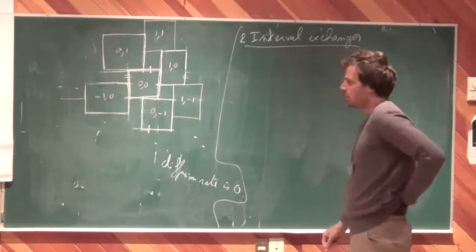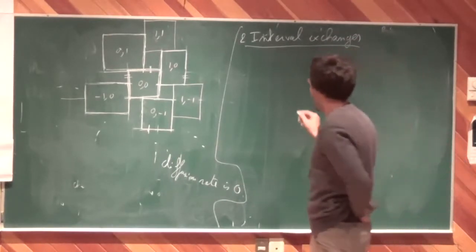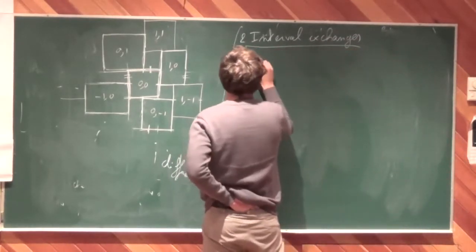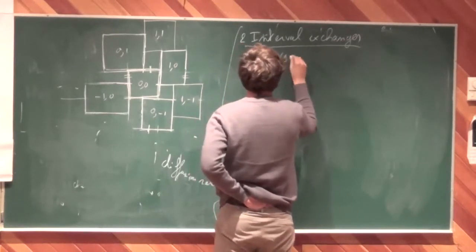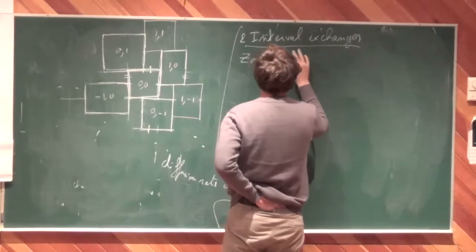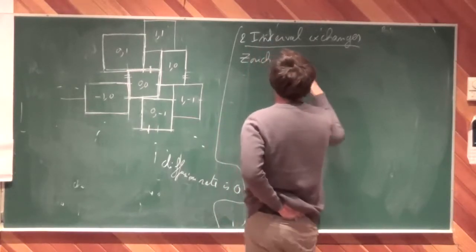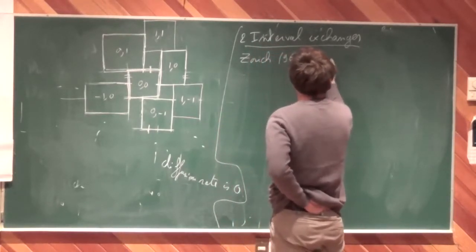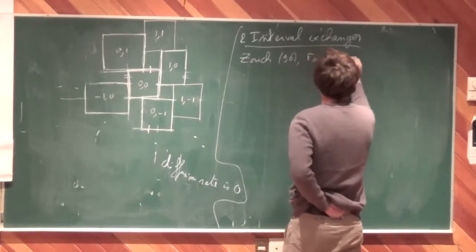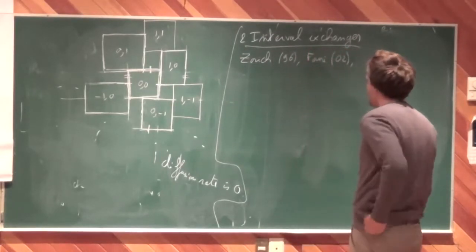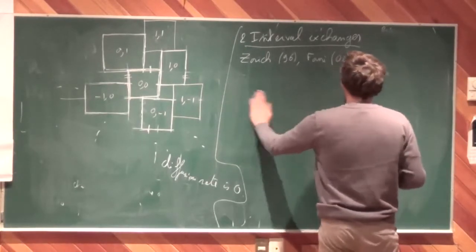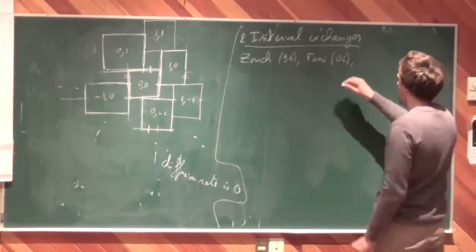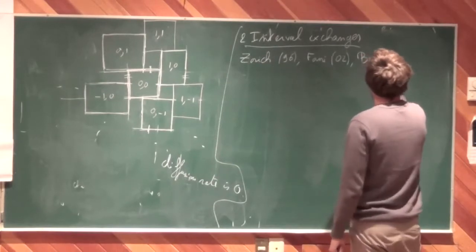So deviation of the curve averages for interval exchanges were first shown by Anton Gorich in the 90s. So I guess it's 96 or something like that. And then Forni somewhat refined the study of Lyapunov exponents and also got some results for deviation of the curve sums, but